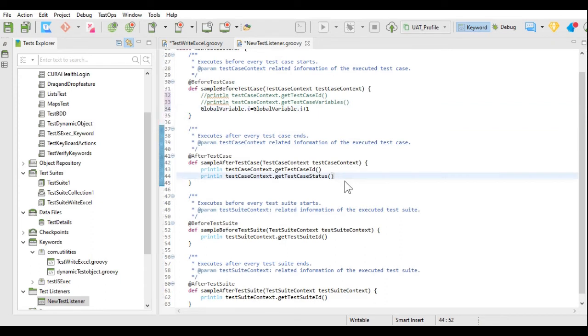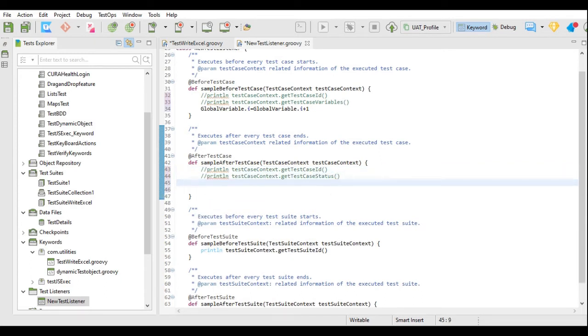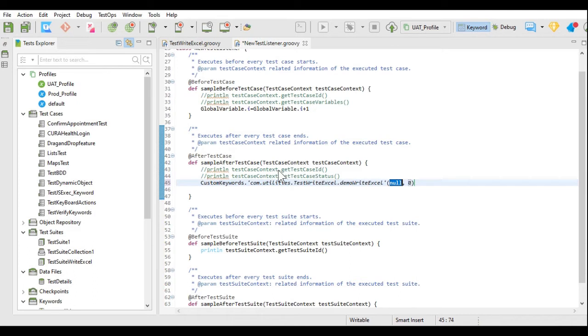And in the after test case annotation, I am going to comment this println part, and I'm going to add the custom keyword that we have created. And in this custom keyword, I'm going to assign this value test case context dot get test case id, and the integer will be global variable I. So I will copy this and paste this instead of this 0.